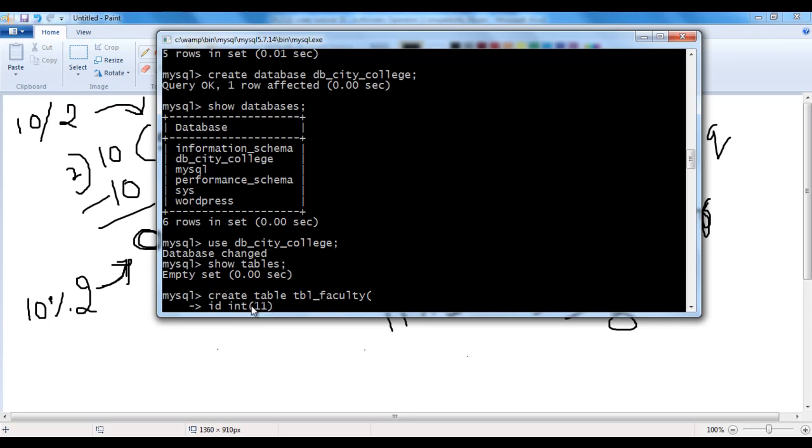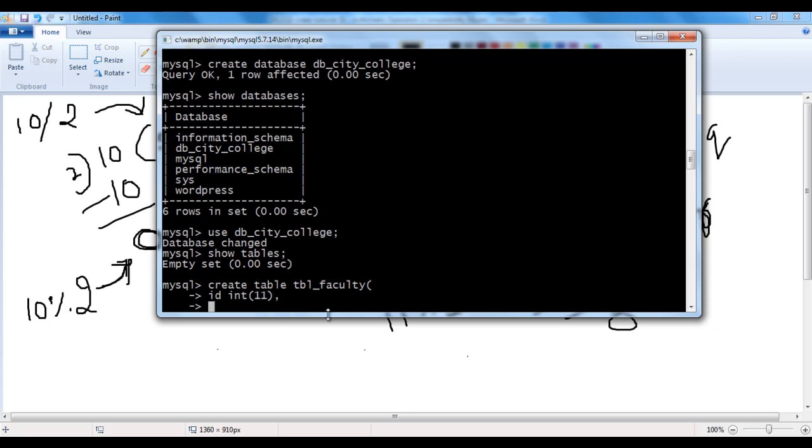Int of 11 indicates the ID column can store whole numbers containing up to 11 digits. I say comma, hit enter. Faculties are going to have name. I say here name. Data type I mentioned varchar, size I mentioned 25. Varchar of 25 indicates the name column can store strings containing up to 25 characters.